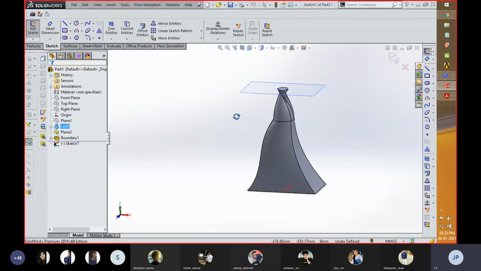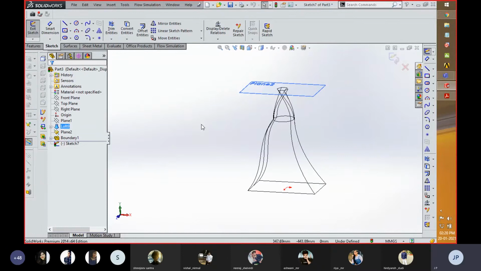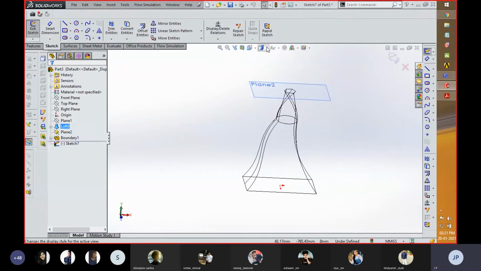Another thing is that you can see the line diagram or the wire diagram, where the hidden lines are shown in a dark line manner. In such a manner you can do these things, and for watching that part in solid manner again you can click on this.